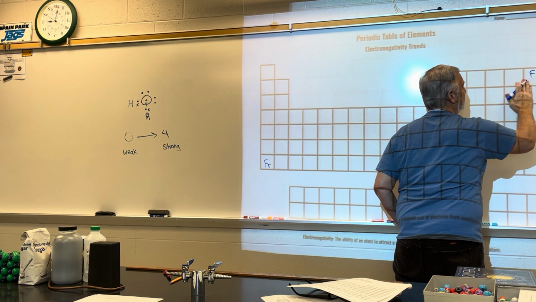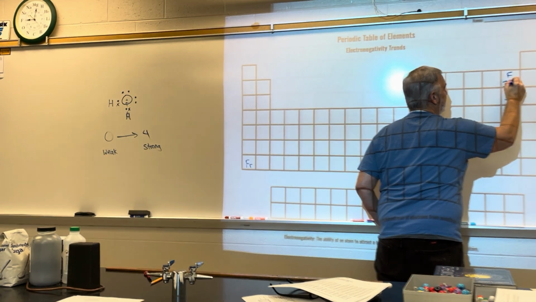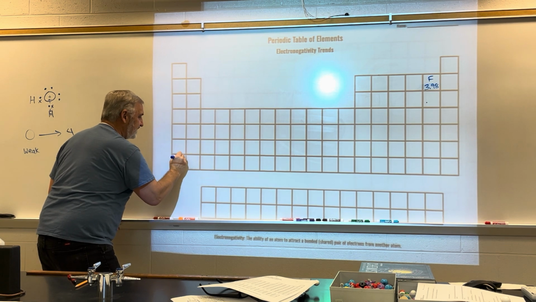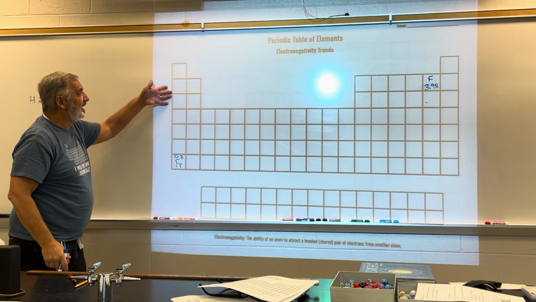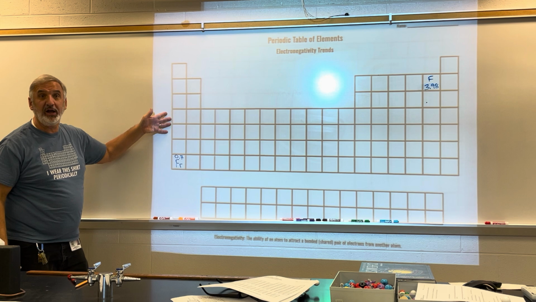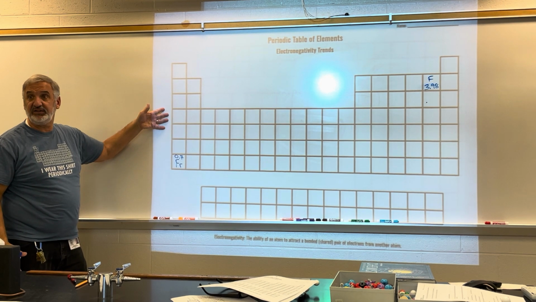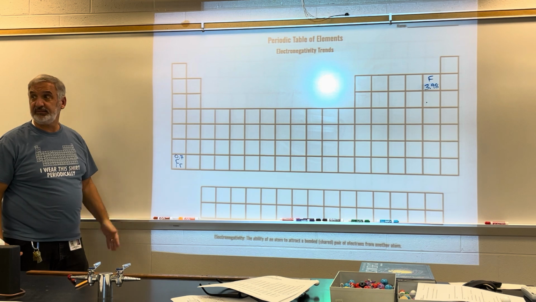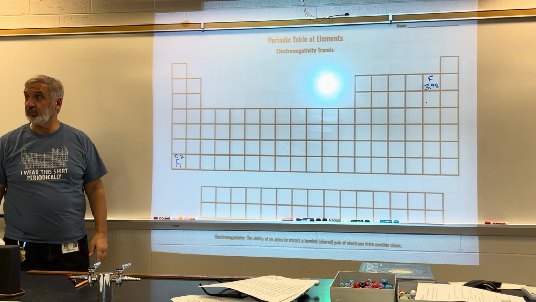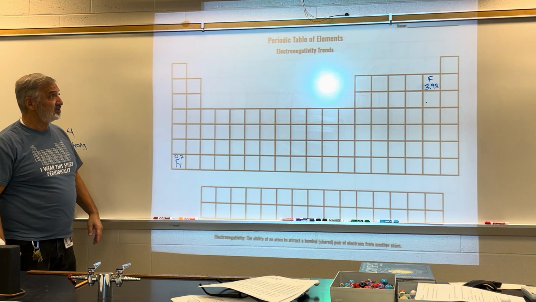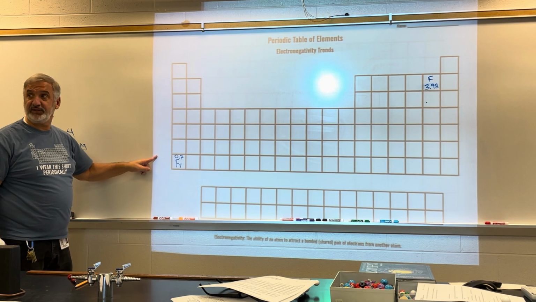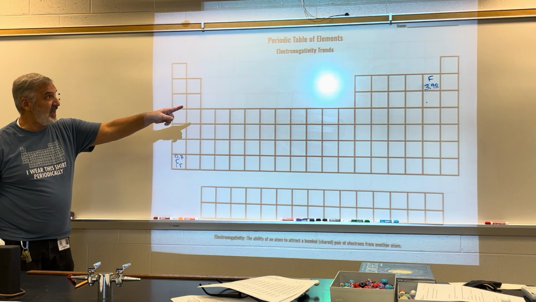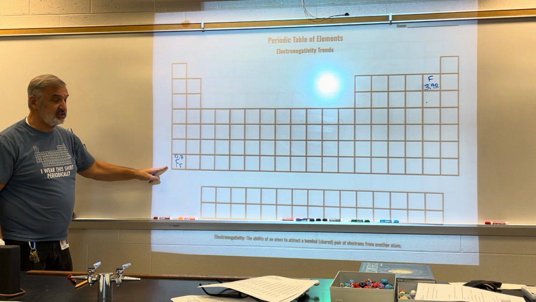Come on, Steve, you can write. 3.98. Francium is 0.7. The alkali metals as a whole have the lowest electronegativities. But just looking at this, what do you think the trend is? From left to right. Or from. Okay, so as you go down, what do you think happens to it? Gets weaker. Okay, if that one is my biggest one and this one is my lowest one,